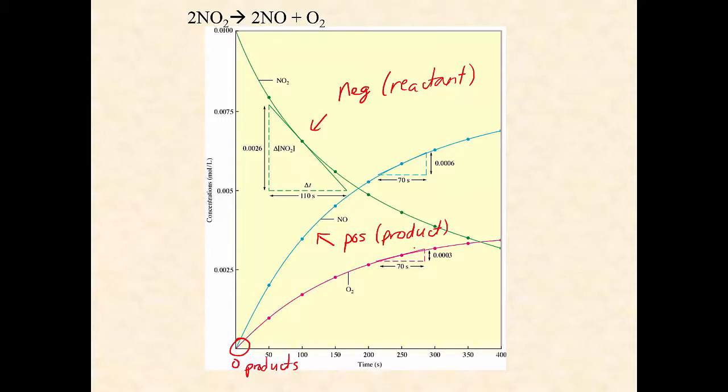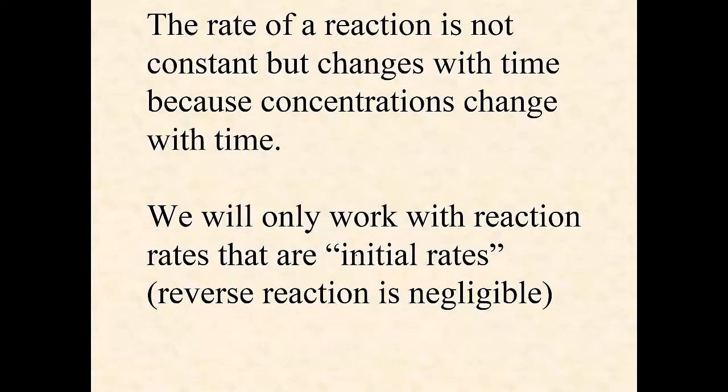Linear is easier. But what you can do, just like in physics, is calculate an average rate. If you know the final and the initial, you can have an average rate. We can also calculate an instantaneous rate, just like you did in physics, where you take the slope at that point. The slope at that point would give you an instantaneous reaction rate. So they change with time, but we always say we start with our initial conditions,